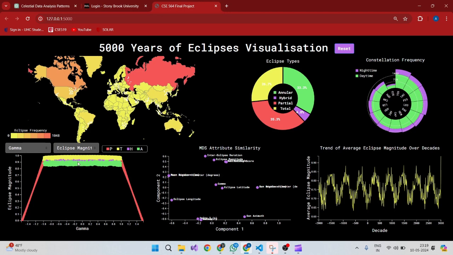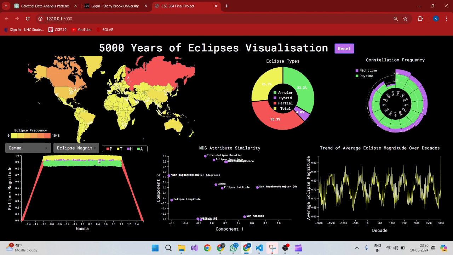Now this shows a very interesting trend again. At the top here with the highest magnitudes, we have the total eclipses. Total eclipses occur when the moon fully covers the sun, and that's why the eclipse magnitude is so high. Lower over here, we have the annular eclipses. Annular eclipses are the ones where the moon covers the sun but leaves a ring of fire around it. So obviously the magnitude should be lower than the total ones where the moon covers the sun fully.